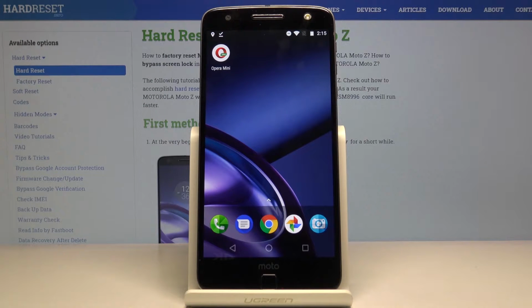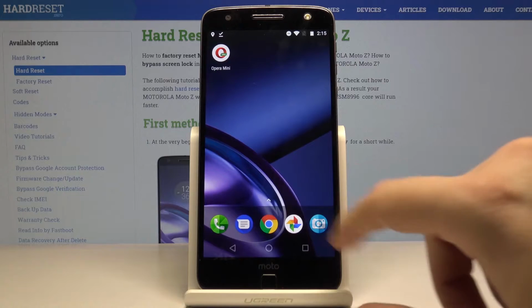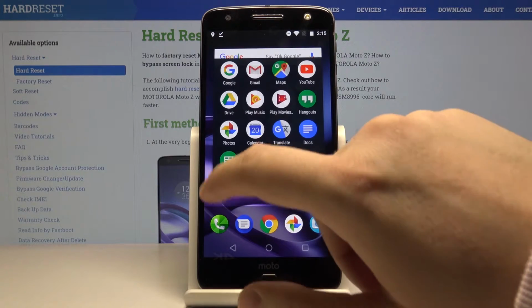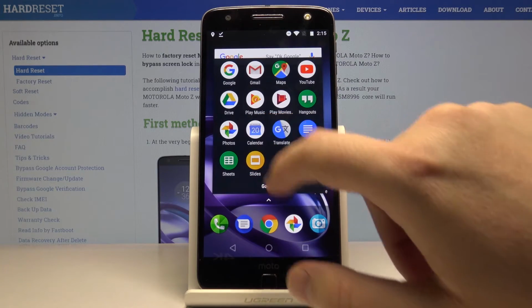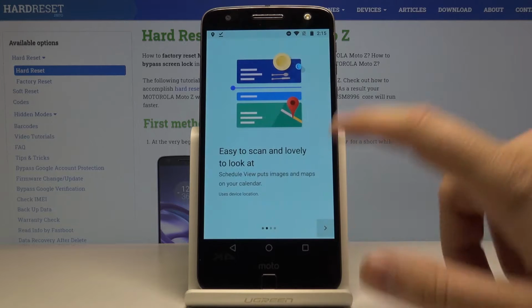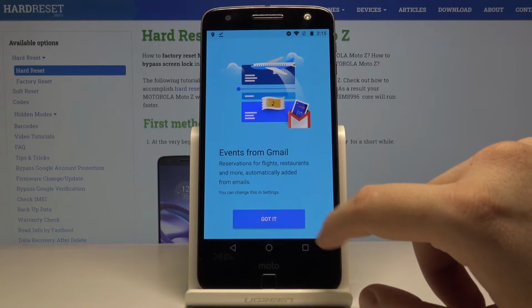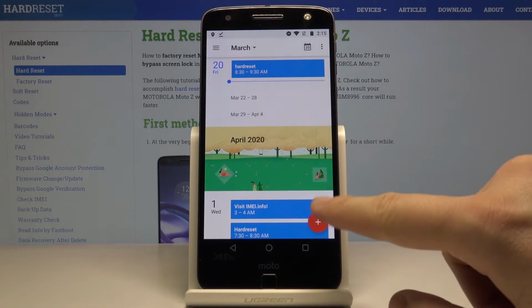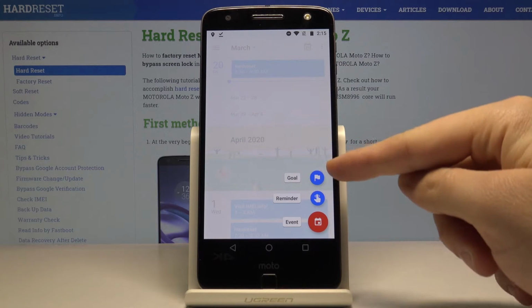Welcome. If you want to add an event to the calendar in your Motorola Moto Z, first you have to go to your calendar, and as you can see, mine is here and it is Google Calendar, but it looks the same in every calendar application that you can download from the Google Play Store. And right now you have to click on this marker,